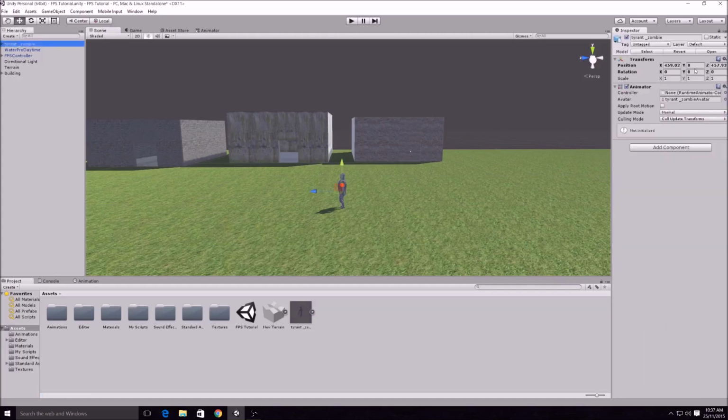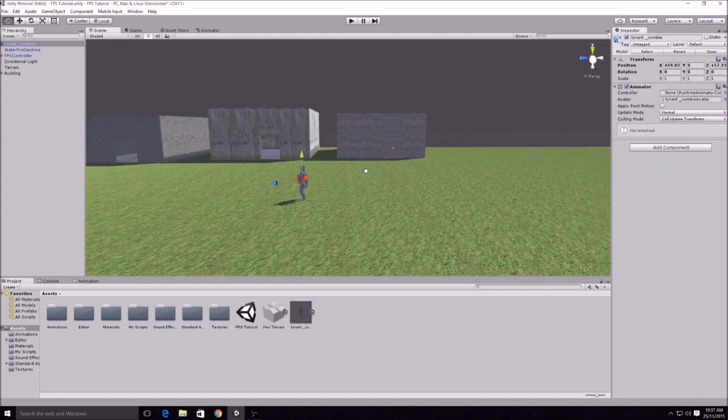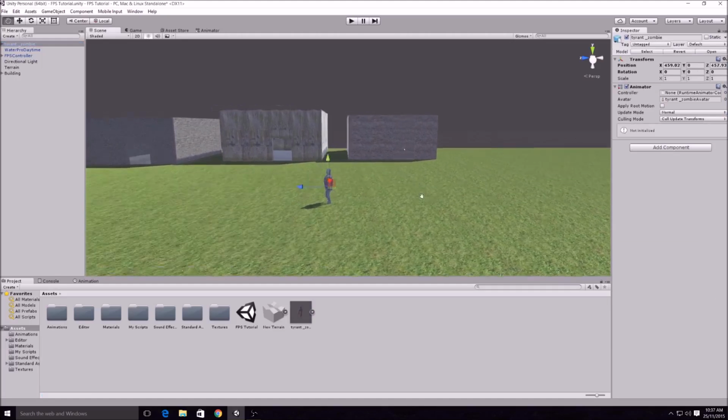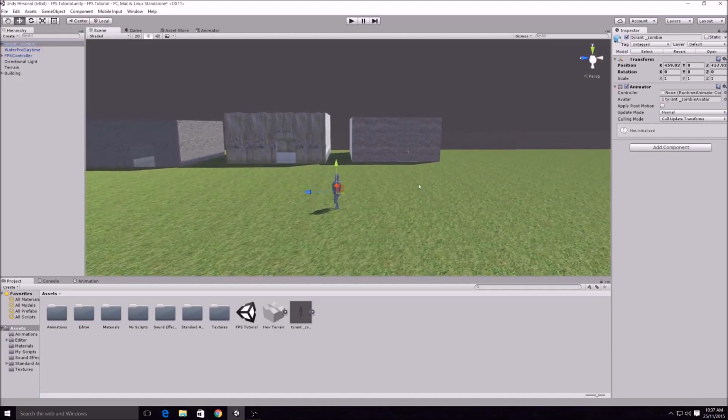I'm just going to make him face us. Actually, no, I won't make him face us, because then when I put the script on him and he turns to face us, I want to make sure that it's actually working properly. So we've got him in the scene,